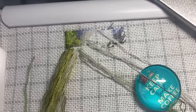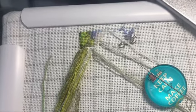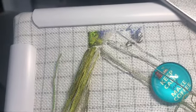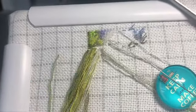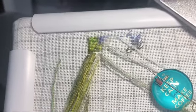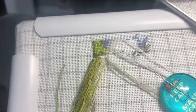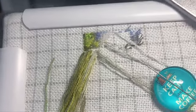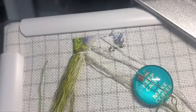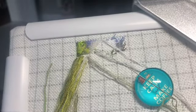In addition to what I picked on the decision wheel for Arbitrary August, I am also working at least 30 minutes on a HAED of some form. So this one is my smallest, my tiniest little HAED ever. And what is the name of this one? I just got it. Let me look it up real quick because I can't remember. I have not got but like 158 stitches in it, but to say that it is confetti heavy is like I'm changing out thread colors constantly, so it takes a long time. This one is Story Keep Wine Shelf